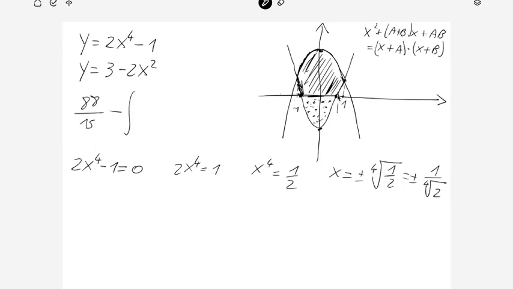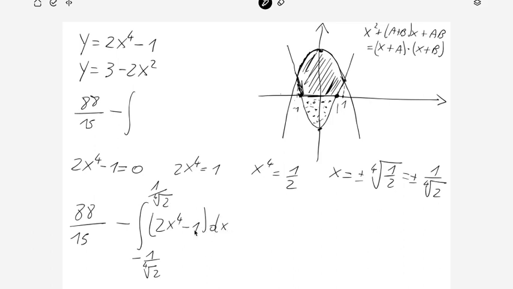Now, we know these 2 points, and we have to compute the integral from minus 1 over the root, this root, and 1 over the root of index 4 of 2 of this quantity. But we need to pay attention, because this integral gives this area, but with the negative sign,